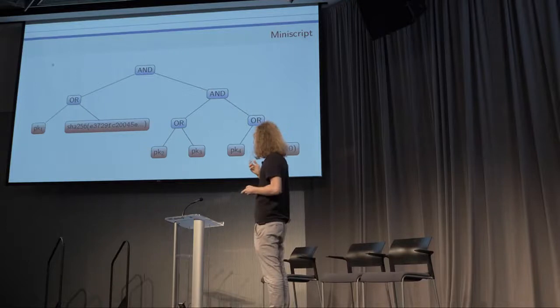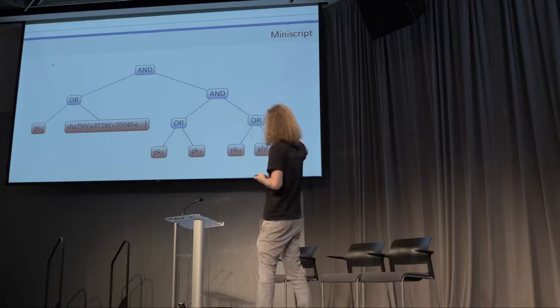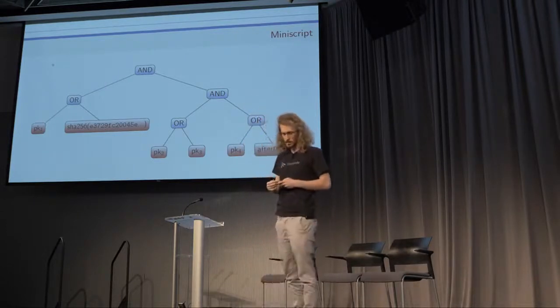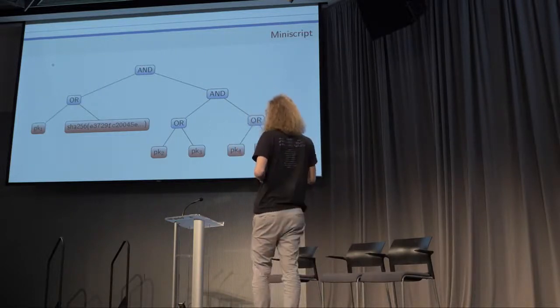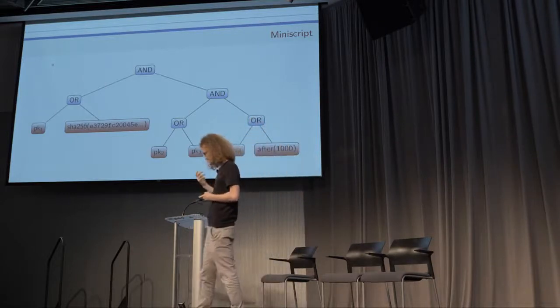Peter Wuille and Sanket Kanjalkar wrote compilers for this policy language. The policy language looks basically like this. It's Miniscript without the subsets that will just exhaustively try all the different possibilities and come up with the most efficient script representation given some information you feed it about what branches are more likely and which branches are less likely. So it's often the case that if you have a likely branch, a branch that's likely to be taken,